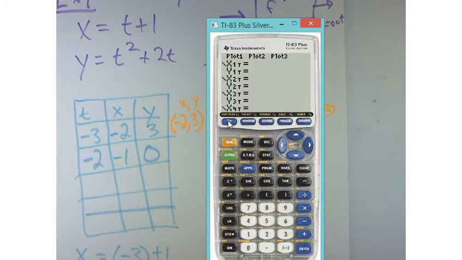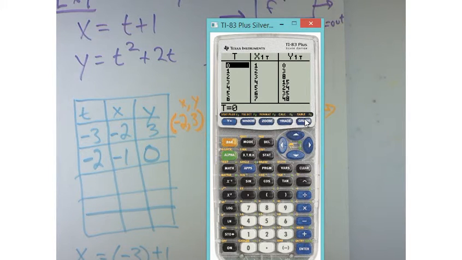So what I would do is I would say t. Now the t comes from just this button here. It'll automatically pull up t. The button that we normally use for x, it'll pull up t plus 1. And then my y value is actually t squared plus 2 times t. Now I'm just going to look at the table of values. And if I scroll up,